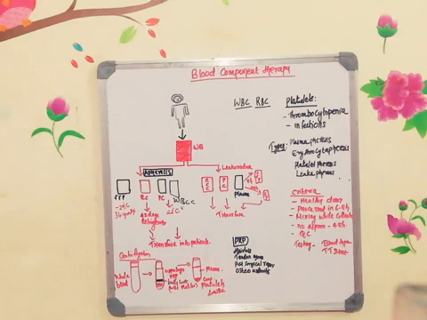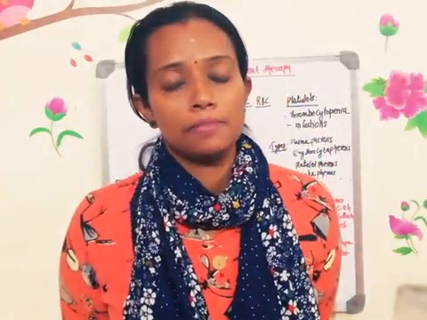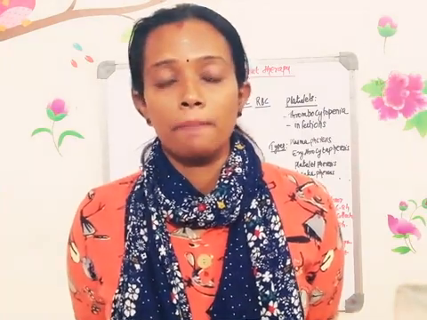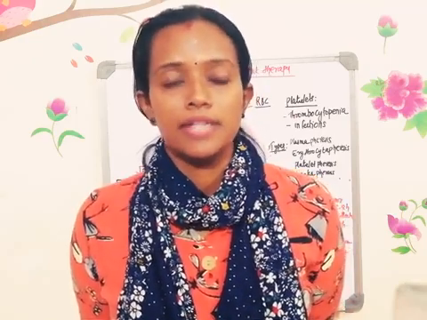Okay, so the blood, what are the different types of blood components? The blood has a fluid part which is called the plasma, and it also has the cellular part. What are the different types of cells in the blood? It has RBC, WBC and platelets. Okay, all these components can be separated into individual components by a technique known as the apheresis technique.